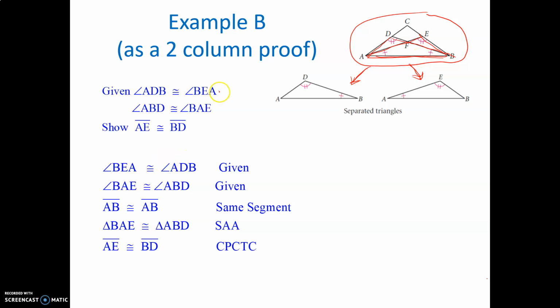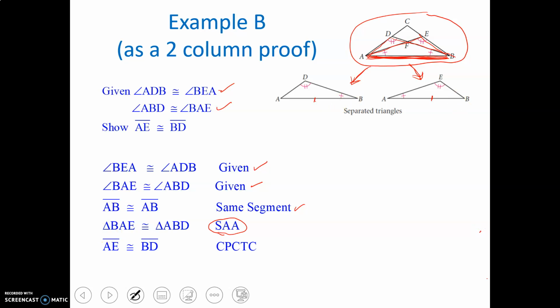Okay, now I start. The thing that is first is this first given. And then we write the second given. And then they share this side AB. So AB equals AB because it's the same segment, the same shared segment. So now this is equal to this. So I have two angles, and a side not between them. So because of two angles and a side not between them, SAA, I can say